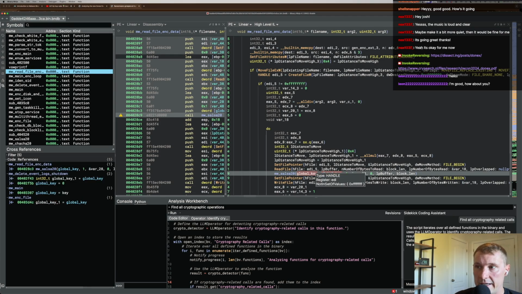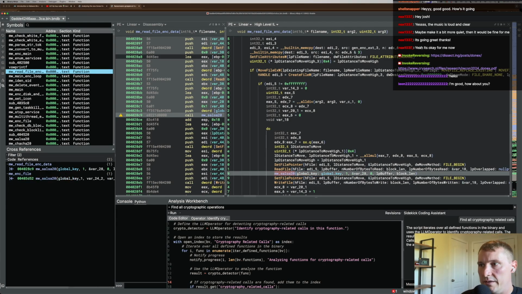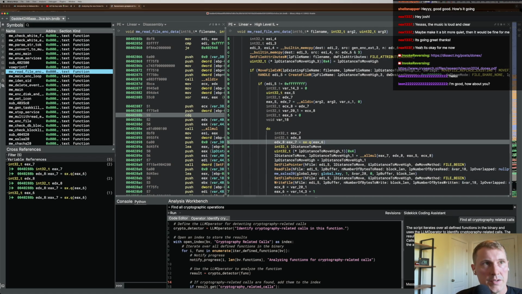But if we can recover that keystream, we can use that to decrypt other files because the same key was used. But yeah, basically, if we can confirm this dynamically, then we should be able to write a decryptor today. So